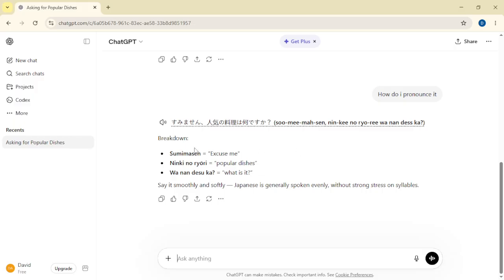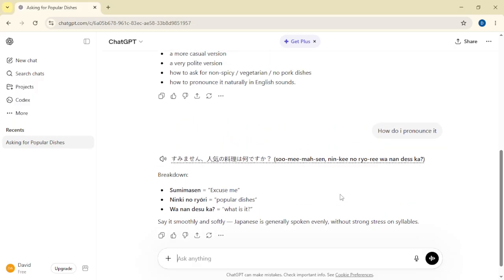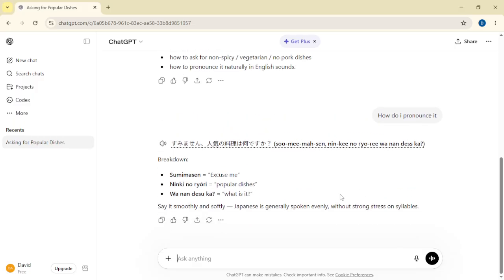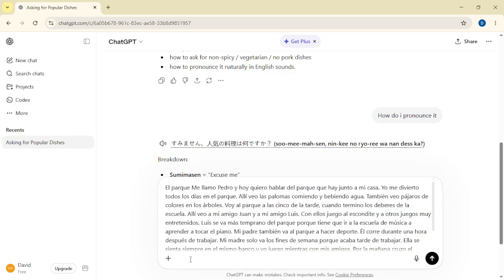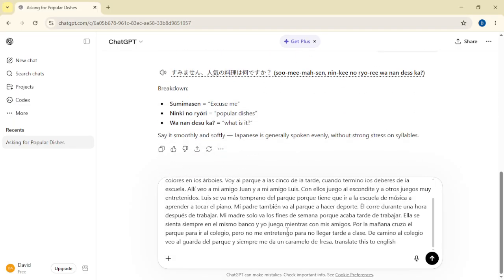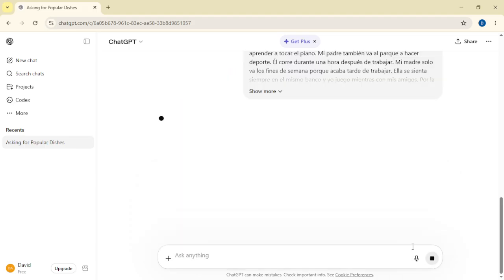Translation is not limited to spoken conversations either. ChatGPT is also very useful for written content. If you have an email, article, message, document, or blog post, you can paste the text directly into the chat and ask for it to be translated into another language. For example, you could request a translation into Chinese, Spanish, French, or many other languages, and ChatGPT will generate the